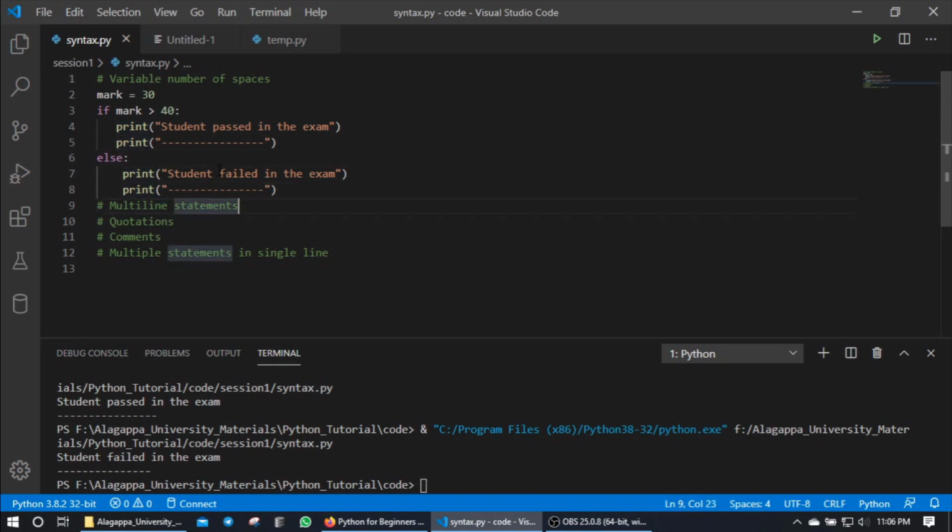Okay, the next one, multi-line statements. What is a multi-line statement? Let's say you have some condition which is going very long, maybe like 150 characters in length. In that case, for understanding and readability, we need to break that line logically. Let's say here